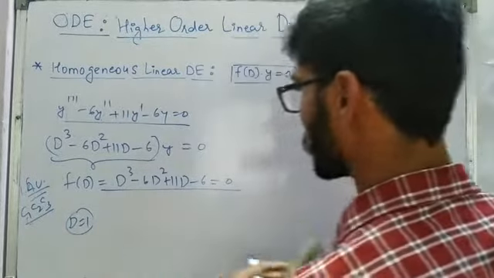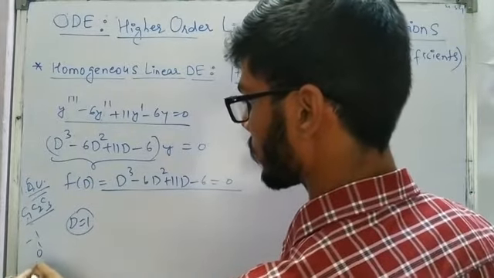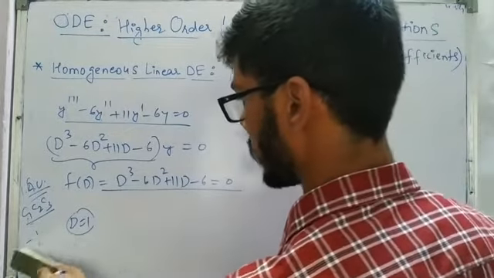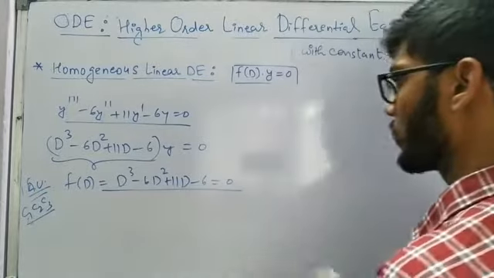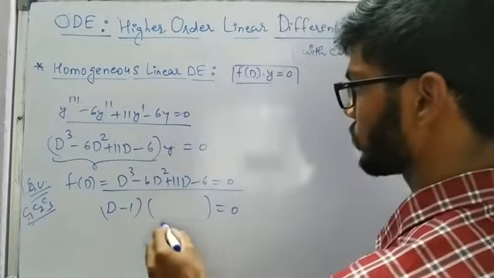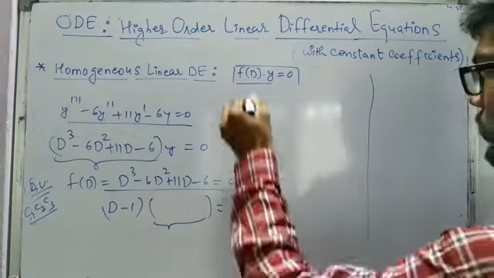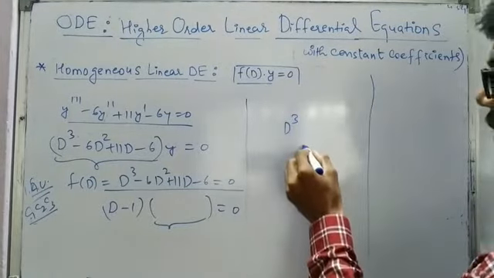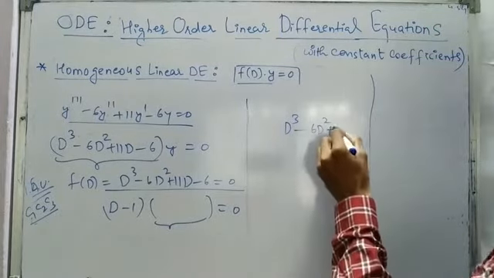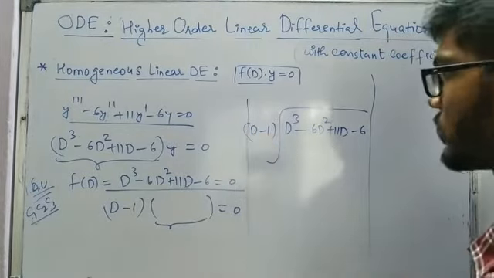So it is not always possible. We have to make use of substitutions like minus 1, 1, 0 or 2, minus 2. These roots are going to be there, but you have to do a little hit and try. So we have got one root, D minus 1, and now we are going to get some quadratic equation equal to 0, but this also we have to get. How are we going to do that? For that we have to make use of division. Simple division we used to study in our 10th, 11th or 12th, so we have to make use of that here to get the quadratic equation. So D cube minus 6D square plus 11D minus 6, and you have to divide it by D minus 1. This is nothing but simple division, right?